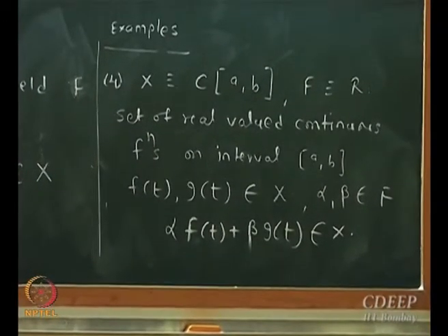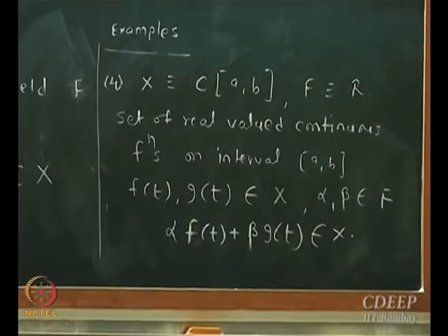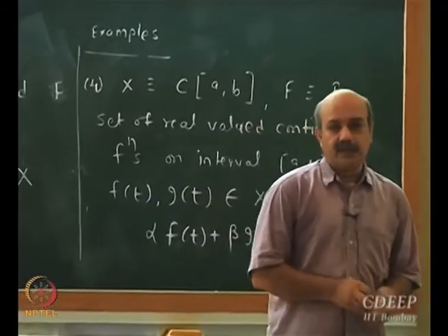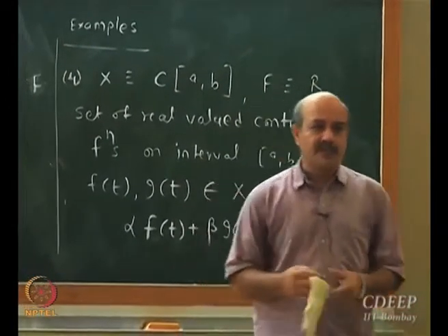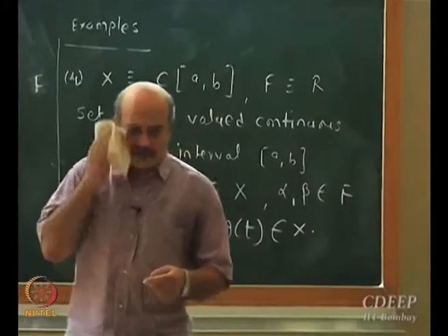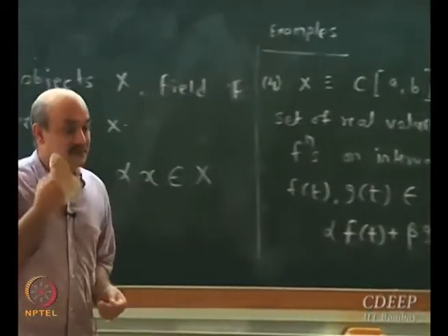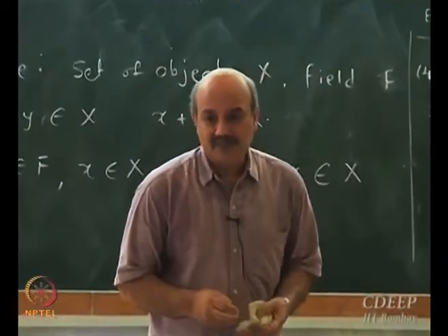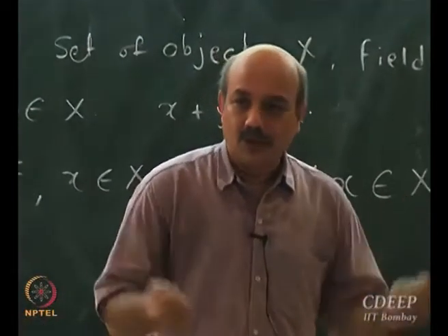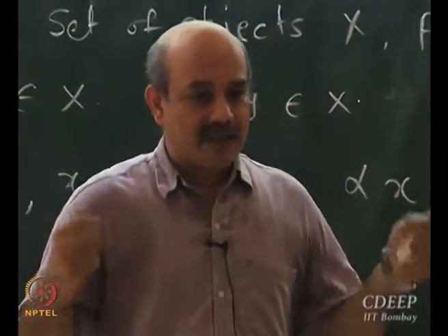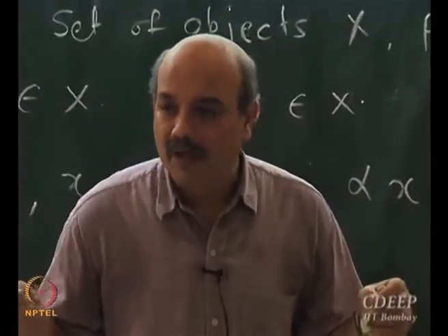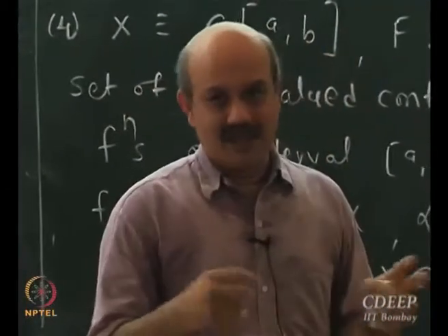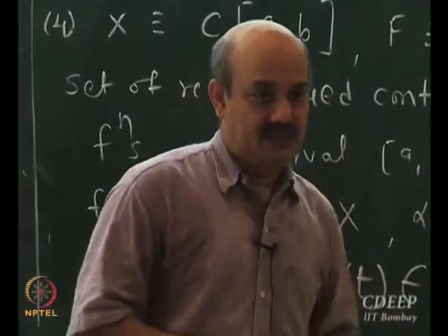Have you come across this kind of functions? Where did you study these kind of functions? Fourier series? Not Taylor series. Fourier series. What happens in Fourier series? You talk about functions on minus pi to pi or 0 to 2 pi. Remember something? Rings a bell? A and B are two constants. Yeah, we're going to look at Fourier series much more in detail in the next few lectures.